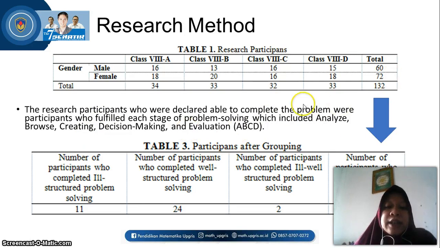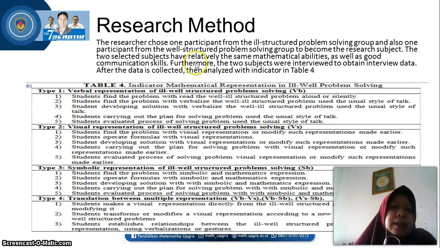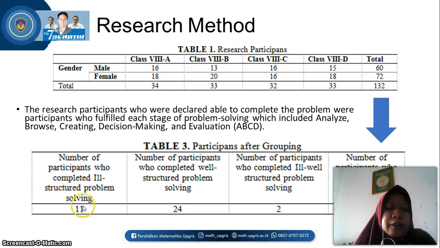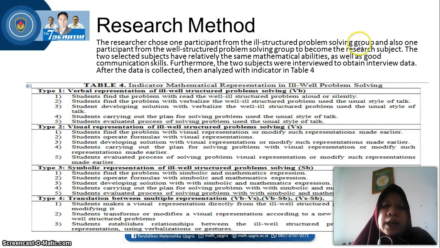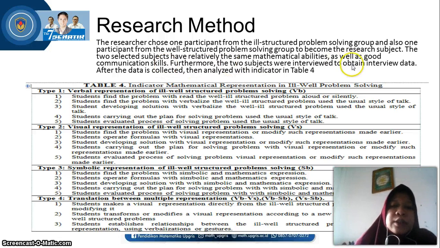After their analysis of these steps, we grouped them into four groups. Researchers chose one participant from group 1 and one person from group 2. We chose two subjects with relatively the same mathematics ability and good communication skills. Furthermore, we interviewed the two subjects to obtain interview data, collected and analyzed by the indicators